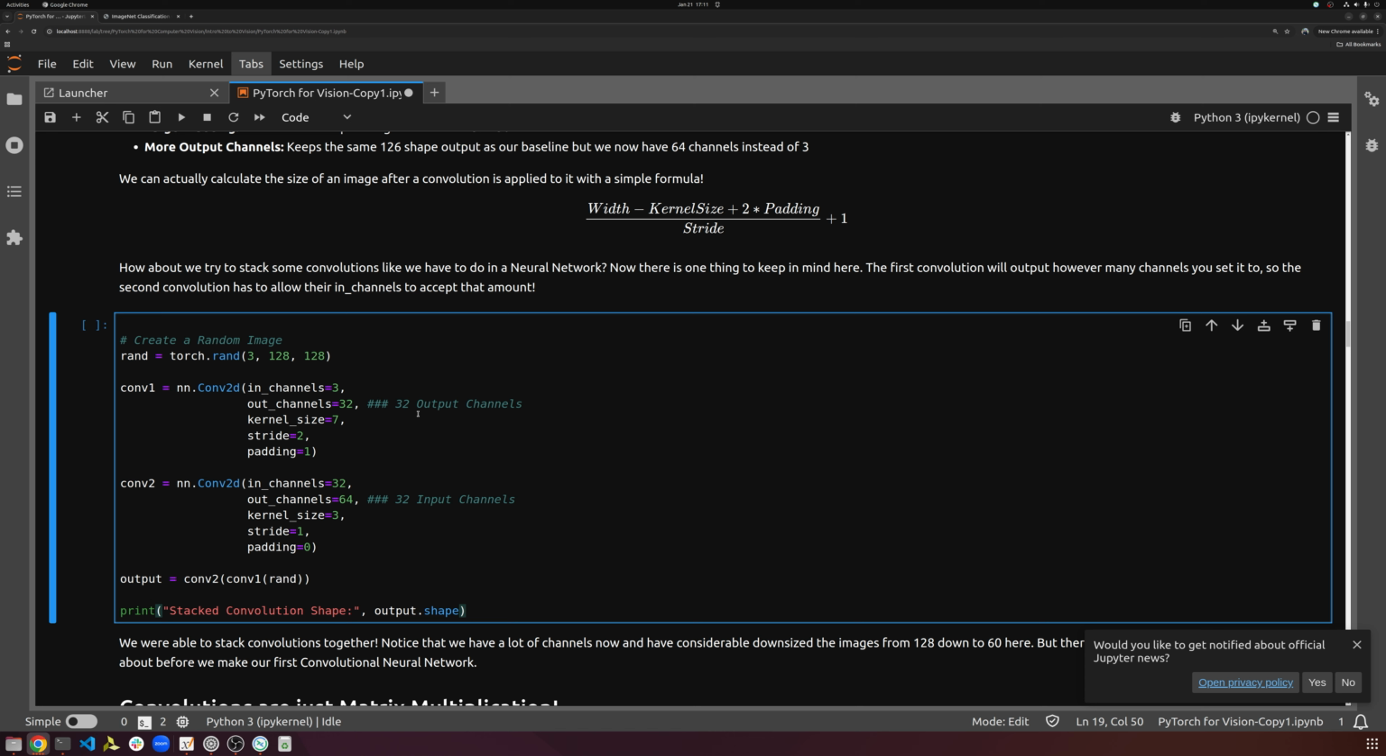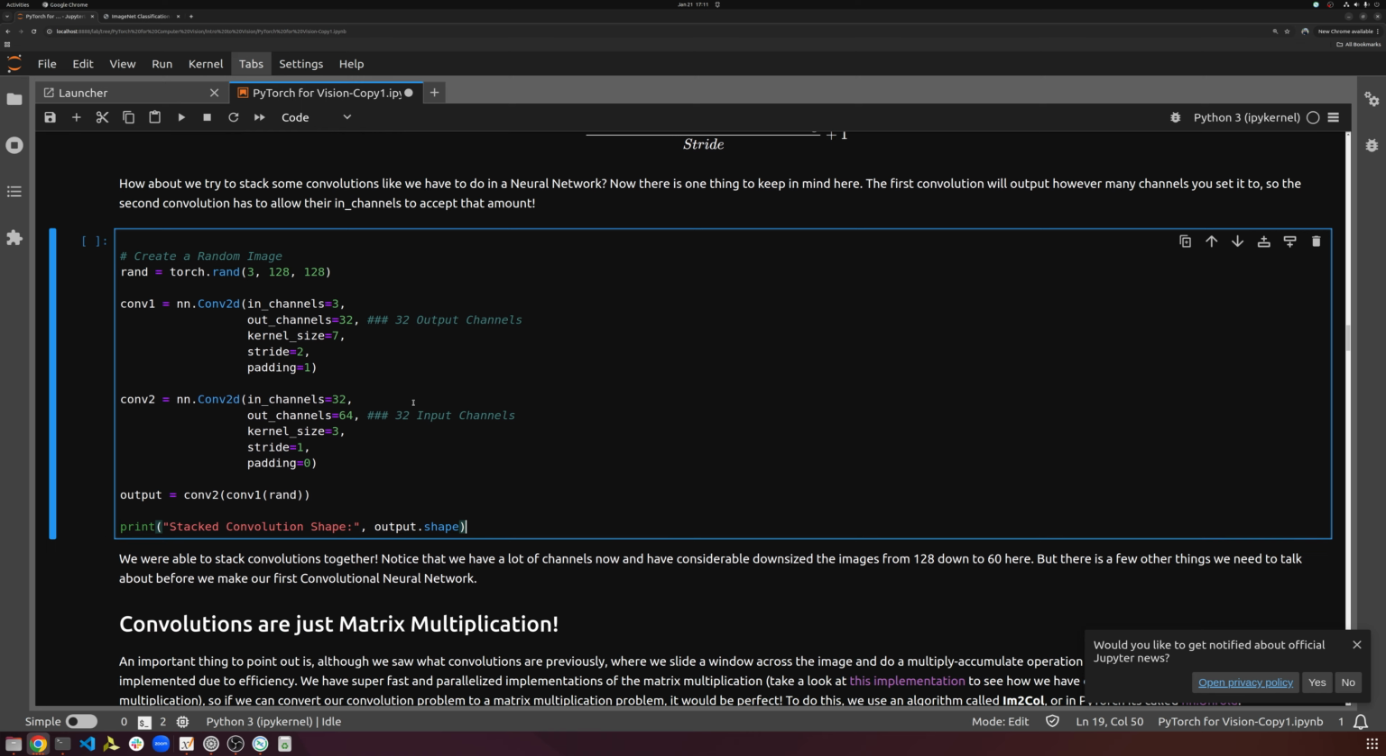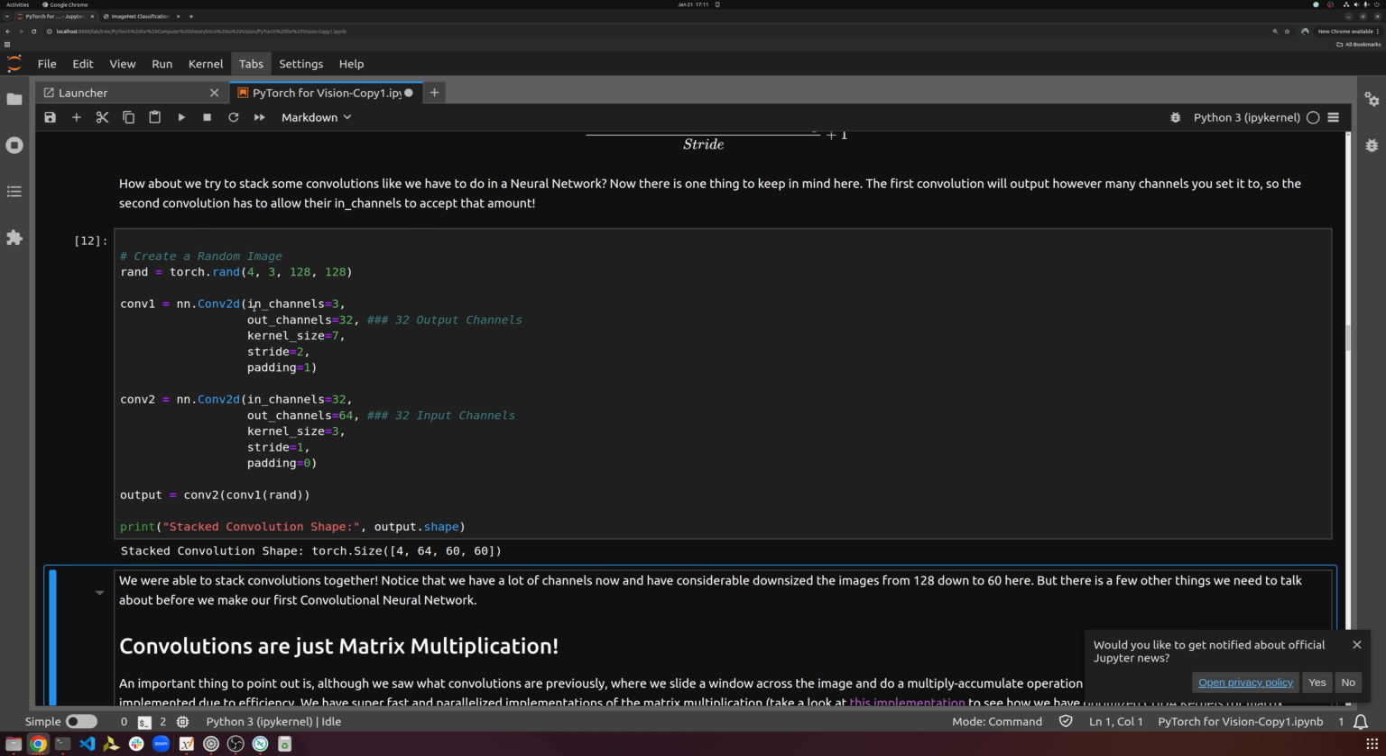Deeper neural networks can extract more complex features from your data. And so for the same reason we stack linear layers together for more learning capacity, we also stack together convolutions. And so notice here we have, let's throw the batch size in there. We had the